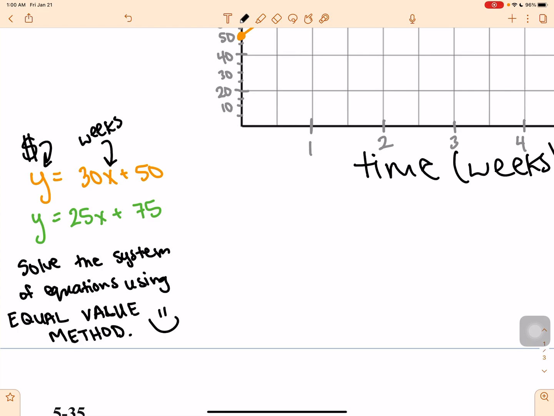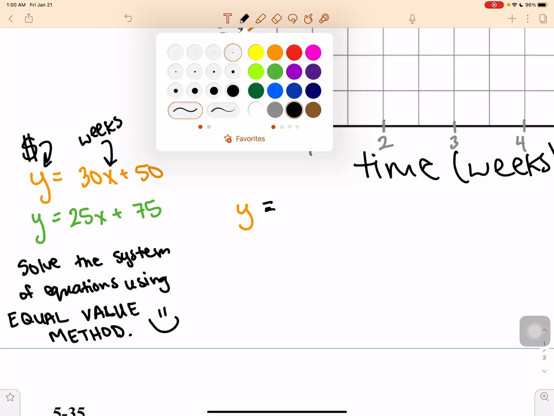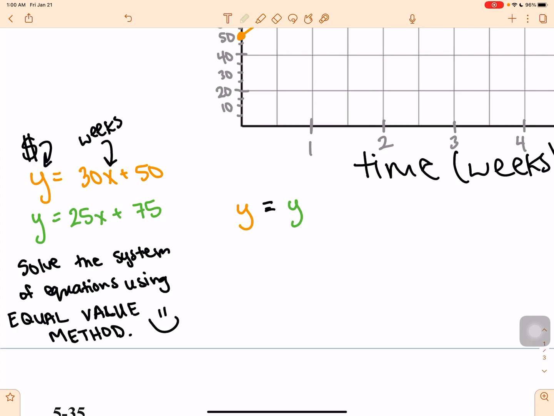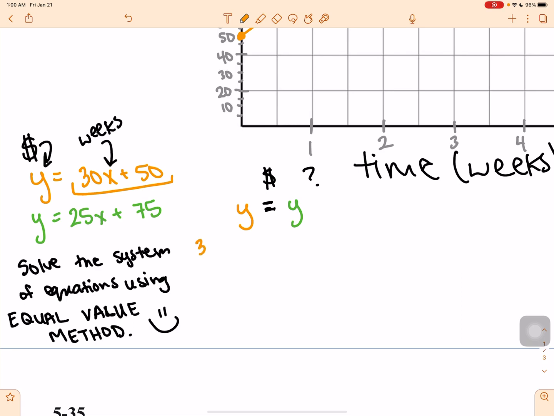So what you can do is, since they are each already set up equal to y, right? We need to know when does y, or actually here, let me use my colors here. We need to know when does y equal y. When do they have the same amount of money? Right? That's dealing with money. I need to know when does that happen. So if LaTanya's y equals 30x plus 50 and George's y equals 25x plus 75,